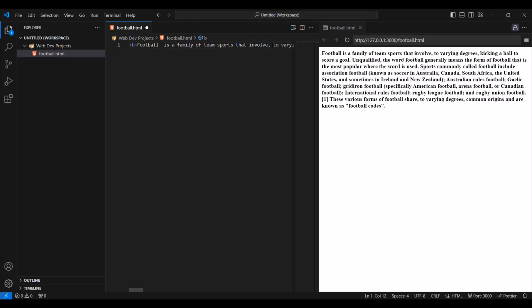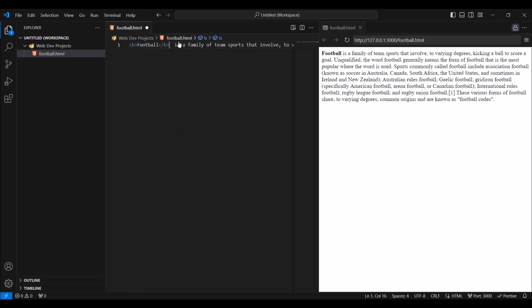Let's put here a closing tag: left angle bracket, slash B, and B was added automatically. Alright, this is our discussion about the bold element. In the next video, we're going to look at other elements that we can use in HTML, and I will see you in the next video.